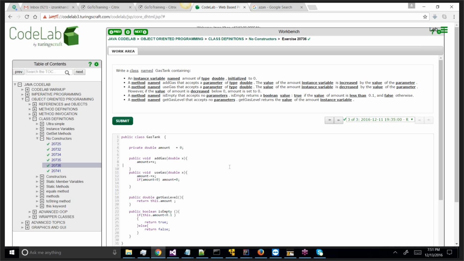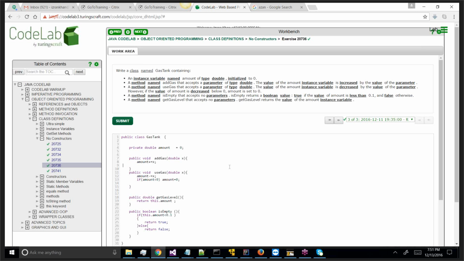However, if the value of the amount is decreased below 0, amount is set to 0. A method named isEmpty that accepts no parameter returns a boolean value, true if the value of the amount is less than 0.01 and false otherwise. A method named getGasLevel that accepts no parameter returns the value of the amount